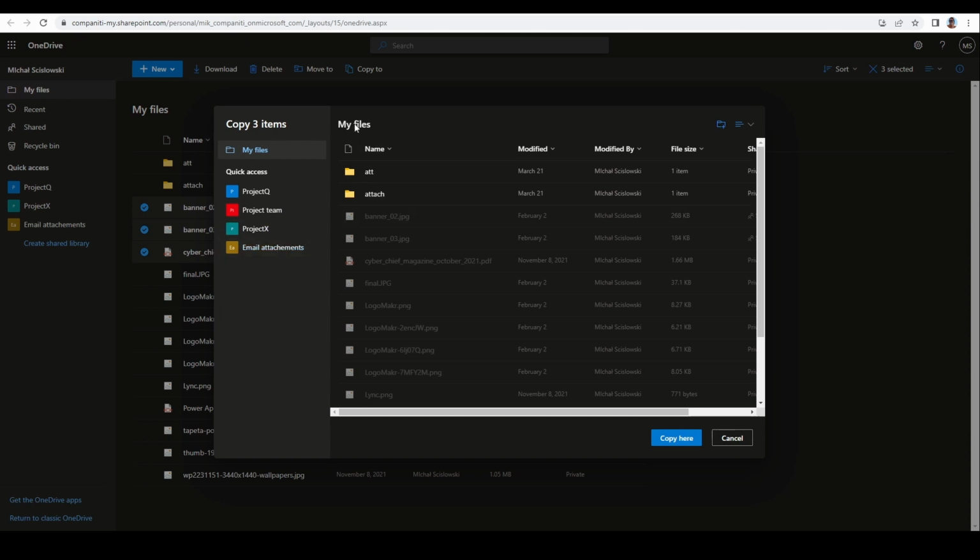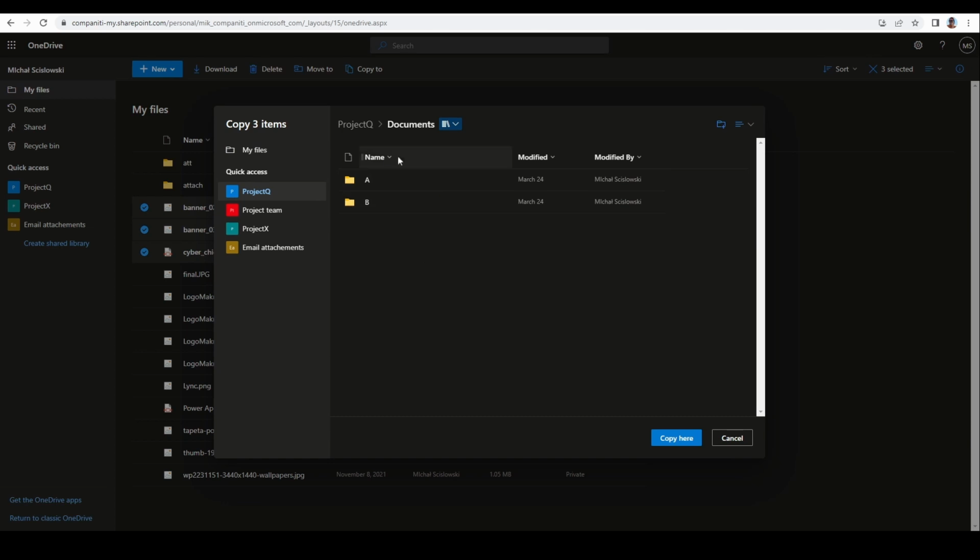So from this perspective, I can choose one of the SharePoint sites, one of the Teams groups when I'm going to copy the folder. Let me just choose the project queue